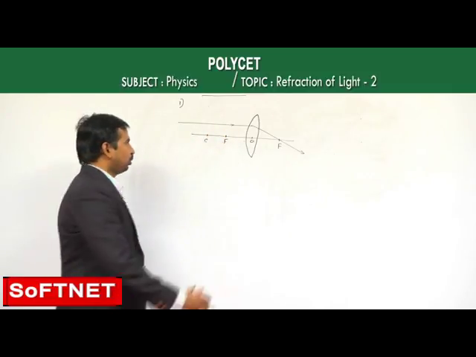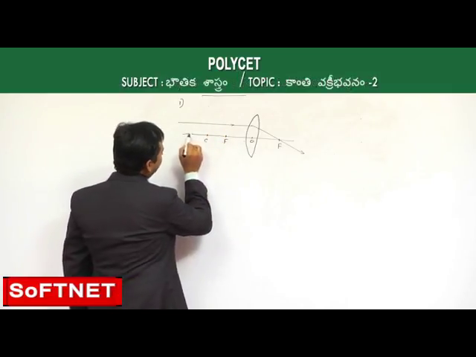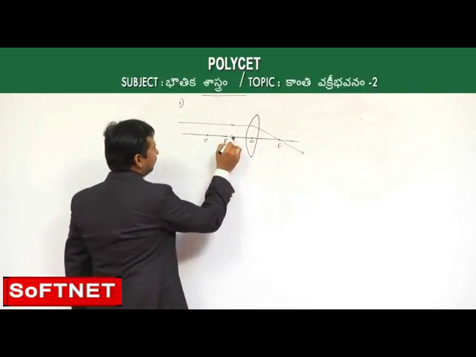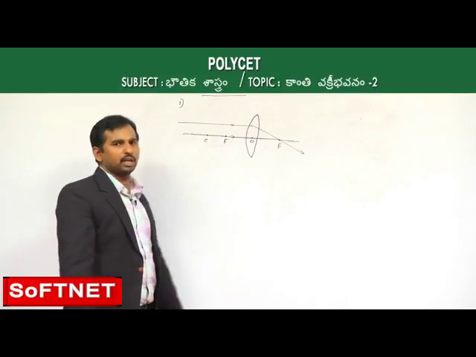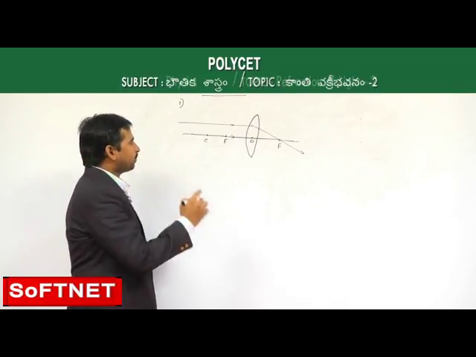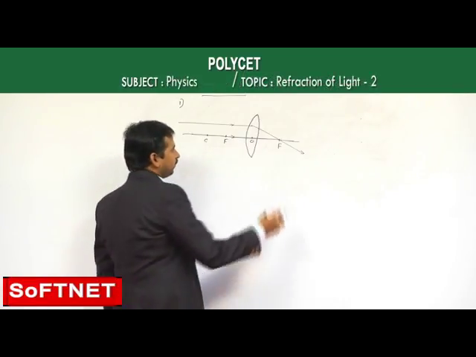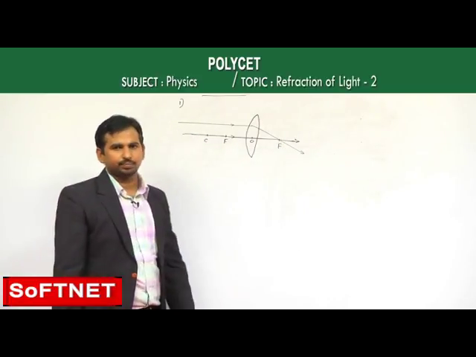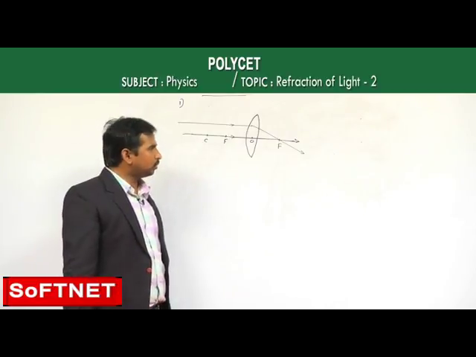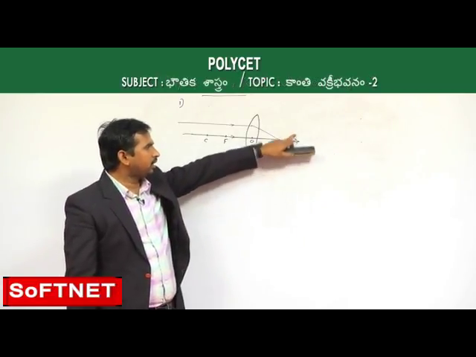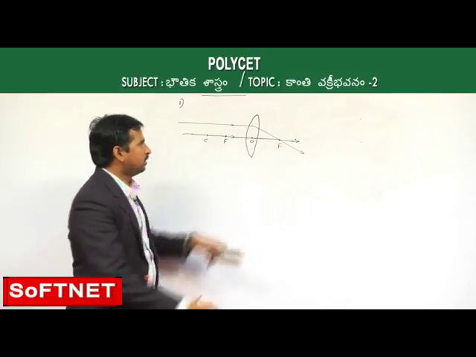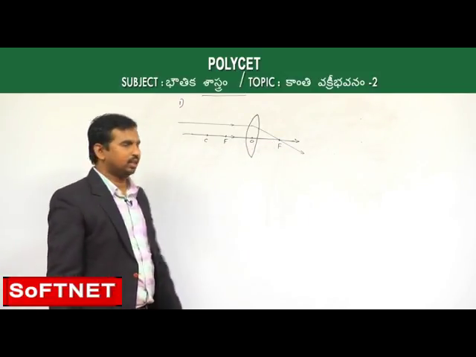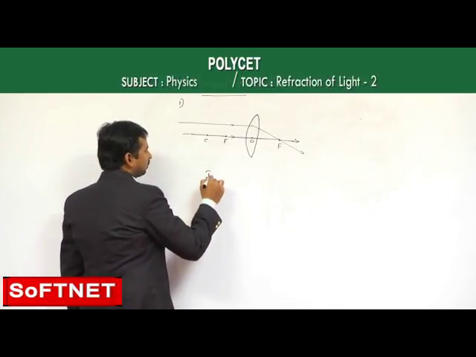Now we are taking rule 2, of which the light ray is passing through the optic center, which is undeviated. Means the light ray passes through the principal axis here. After refraction, as it passes through the optic center, it is undeviated. Now here both the refracted light rays are meeting at a point, which is nothing but the focus. This is the meeting point. Then, if you see the image characteristics,